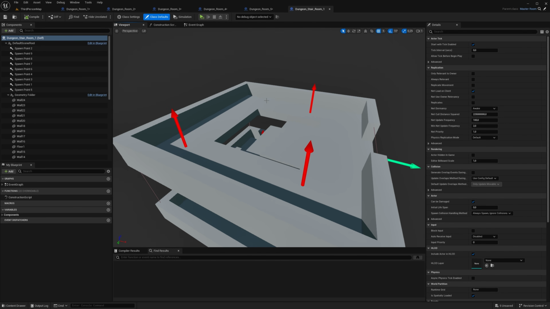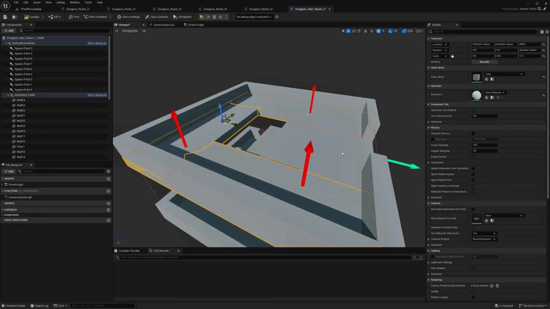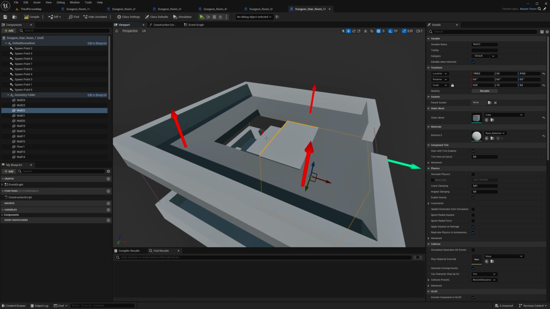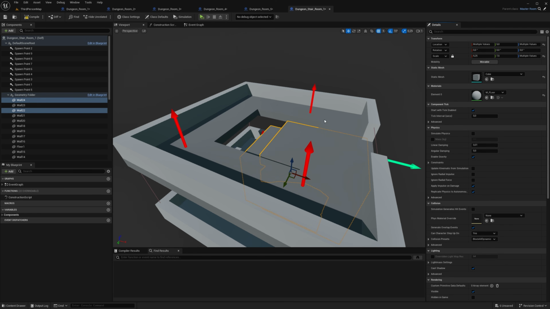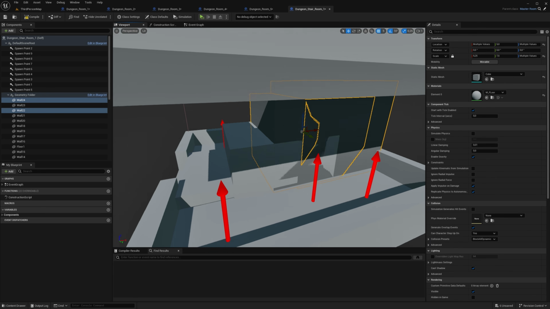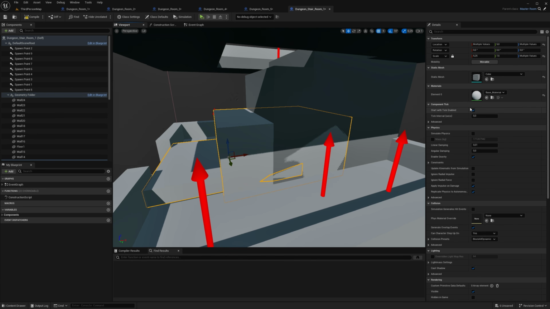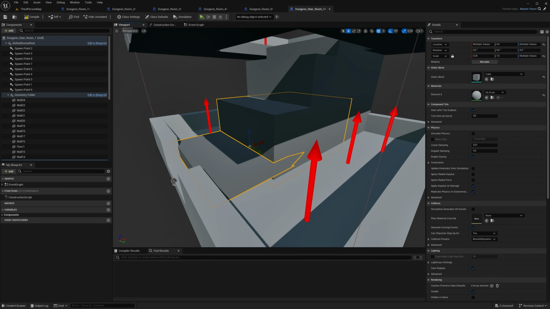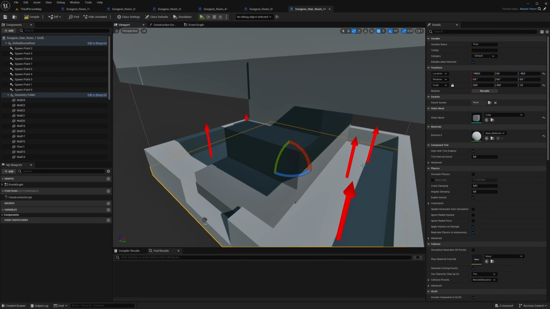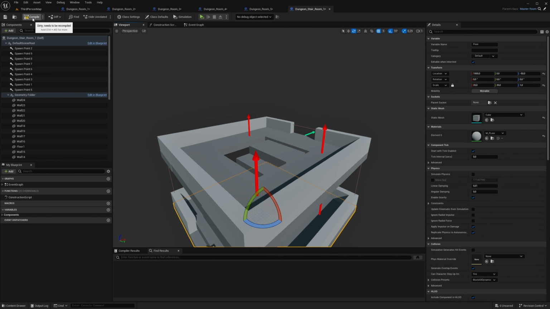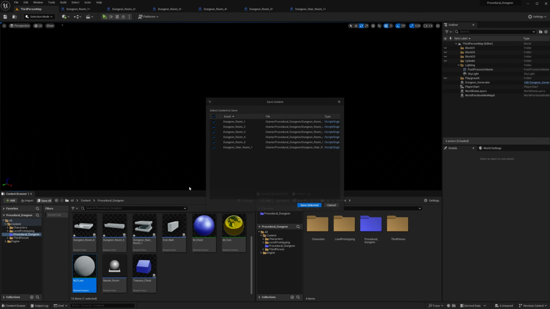So this room, we need to select all the floors here and edit, and also the stair part is flickering because it's two different materials on top of each other. It doesn't matter. Select the floor, plug in the dark material. Now it looks like something like this, and I'm sure this will look awesome when we play the game.